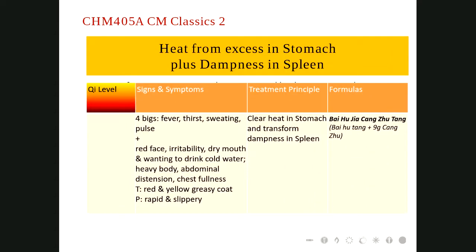When there's a different pattern, where heat is still more than the damp, but there is excessive heat in the stomach with damp in the spleen, how are we going to treat it? For these cases, you still have the big four conditions with additional damp. You still use Bai Hu Tang, adding Bai Zhu, which can help manage both excessive heat in the stomach and damp in the spleen. It can be used for tonsillitis, for people with a precursor of weak spleen qi who present with a lot of damp coating the spleen and a lot of toxic heat related to the stomach channel. Yes, thank you.